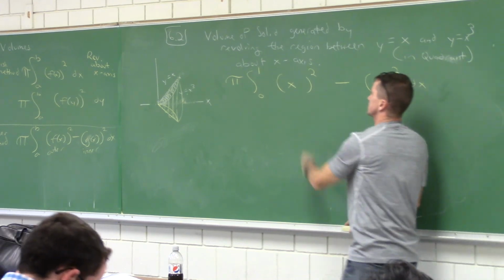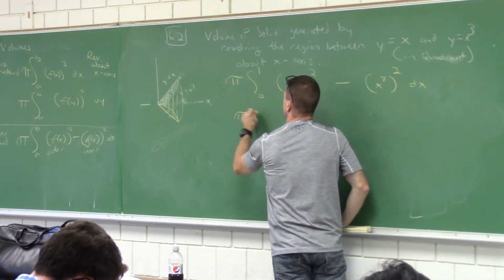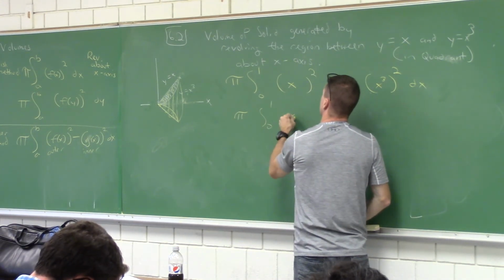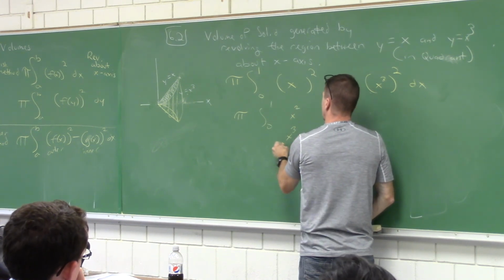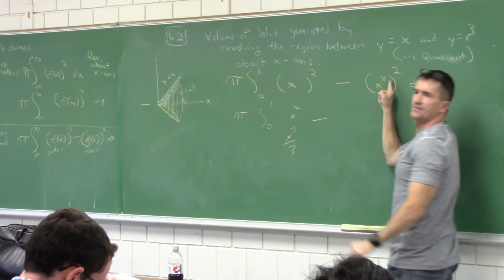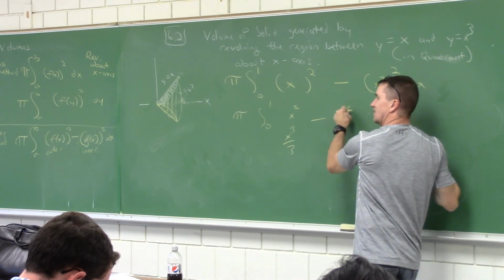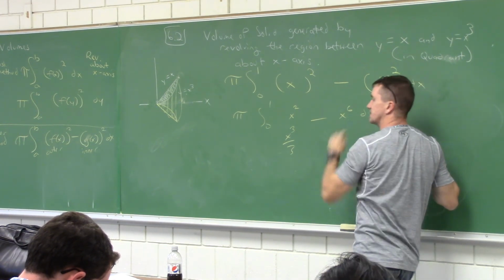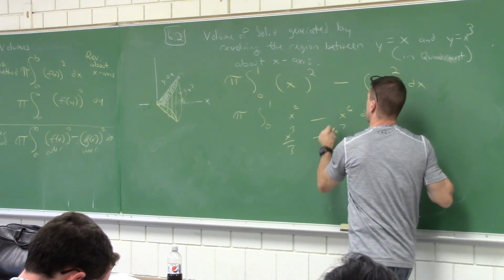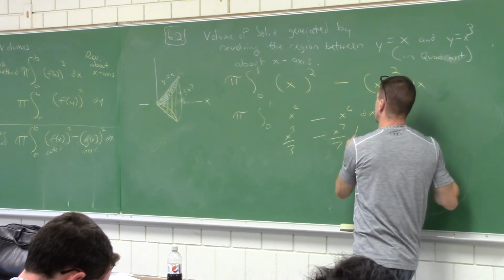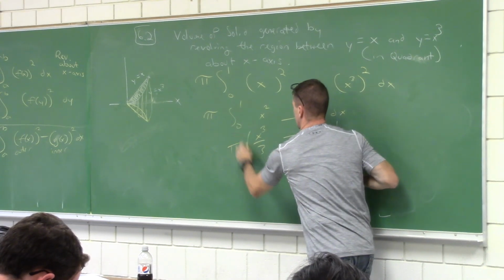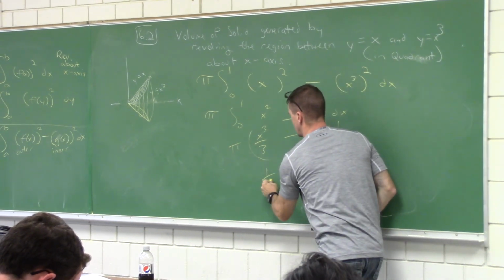Hey, can we solve this? What's the integral of x squared? X cubed over 3. Is that x to the 5th or x to the 6th? Help me out. X to the 6th. What's the integral of x to the 6th? X to the 7th over 7. From 0 to 1, put your pi. One thing you got to help me out is, what is 1/3 minus